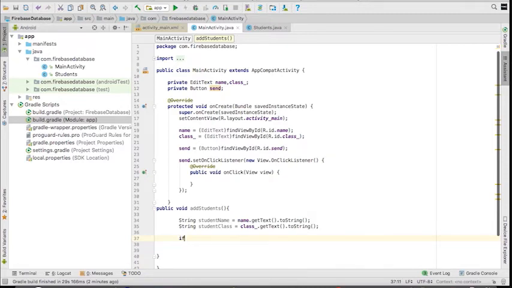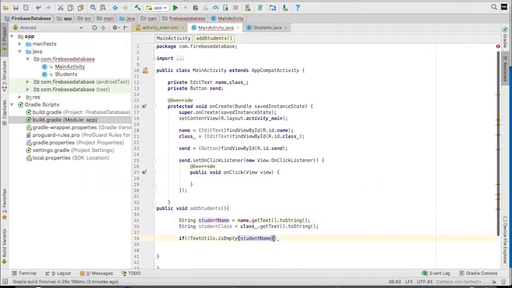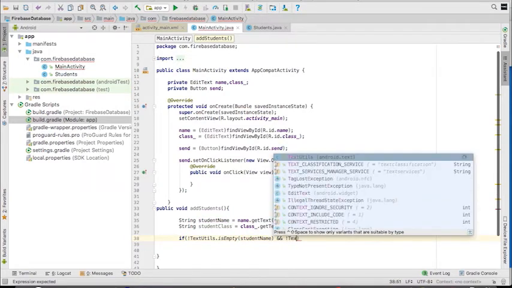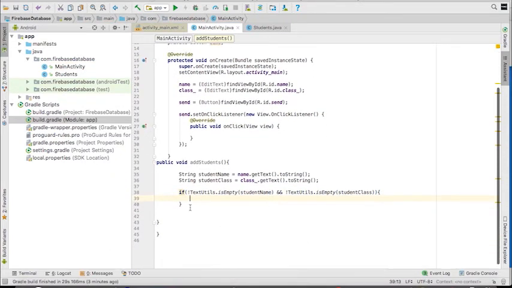To check that, if text totals .isEmpty, okay, this is to check if they are not empty. So if they are not empty, we need to send it to the Firebase. Else,